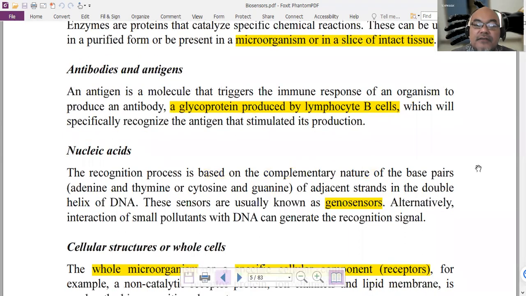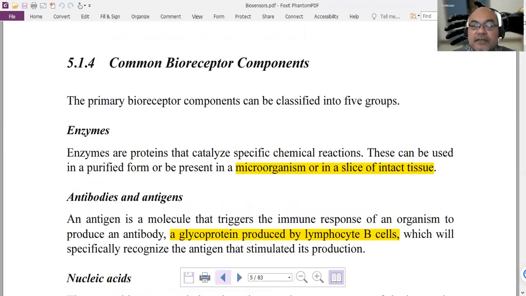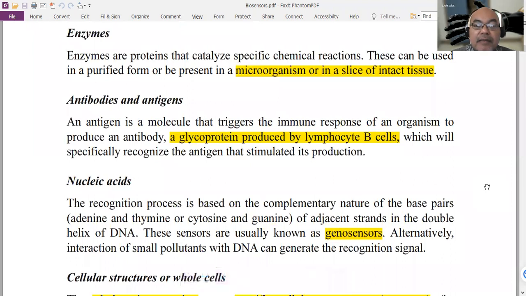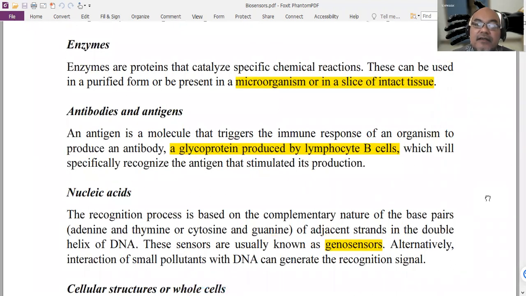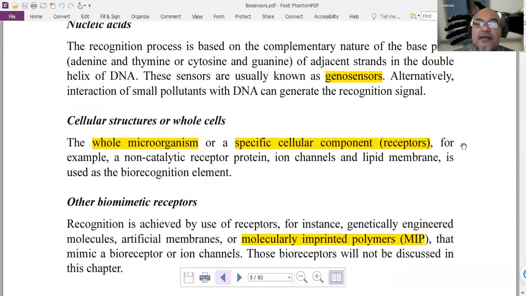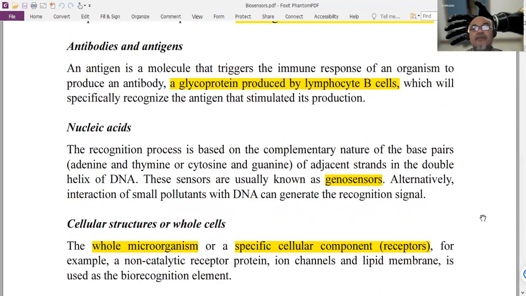Then we have also the second type of bioreceptor, which is called bioaffinity components, which depends on a binding reaction between the bioelement with the analyte of interest. This includes antibodies and antigens and nucleic acids. Last week we discussed genosensors using DNA or RNA. And so when the affinity sensor binds, the transducer binds the biomolecule of interest, and upon binding, usually there will be